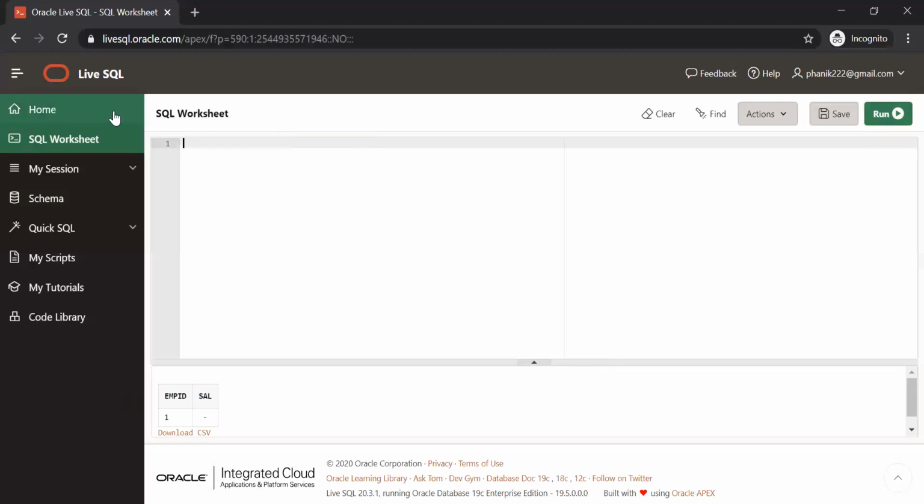Why I dropped it, I'll let you know now. When I am adding, I need not specify add column. I can just say add column varchar2 of 100. I can specify some default value.